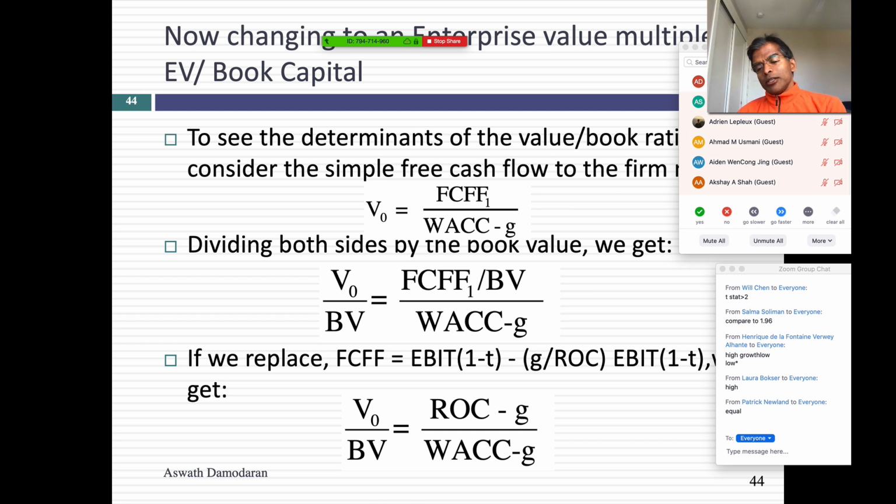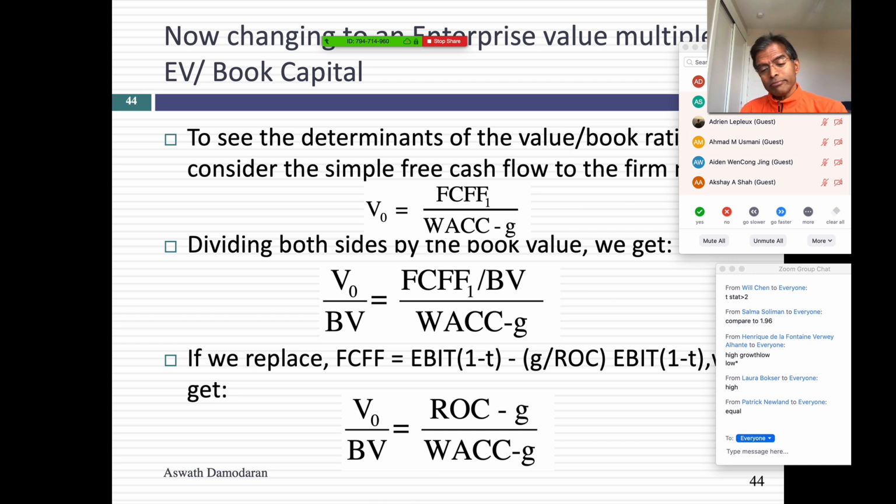Now, since we've done price to book, might as well do its close relative. Price to book, I take market value of equity and divide by book value of equity, right? But I could do a version of the multiple that is at the enterprise value level. So in the numerator, instead of using market value of equity, what if I used EV, enterprise value? And in the denominator, instead of using the book value of equity, I use book value of invested capital. This is called EV to invested capital. So just like price to book, it's the analog for the whole firm. You're dividing the enterprise value by the invested capital.